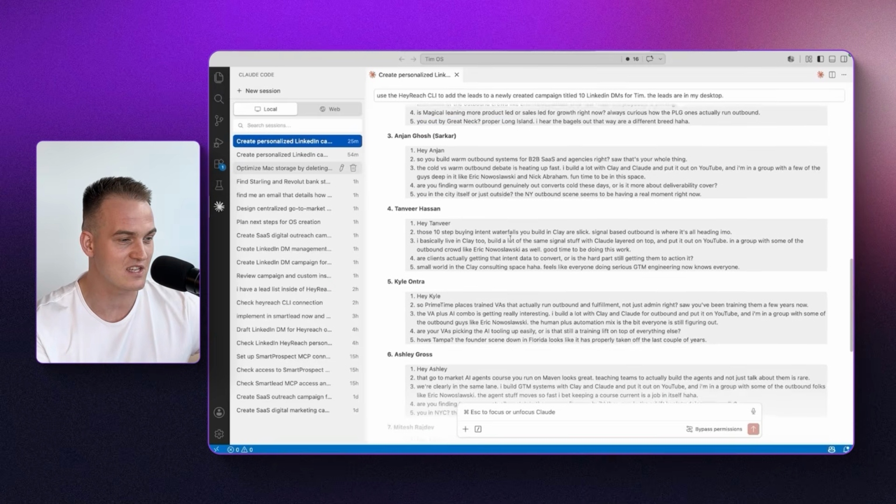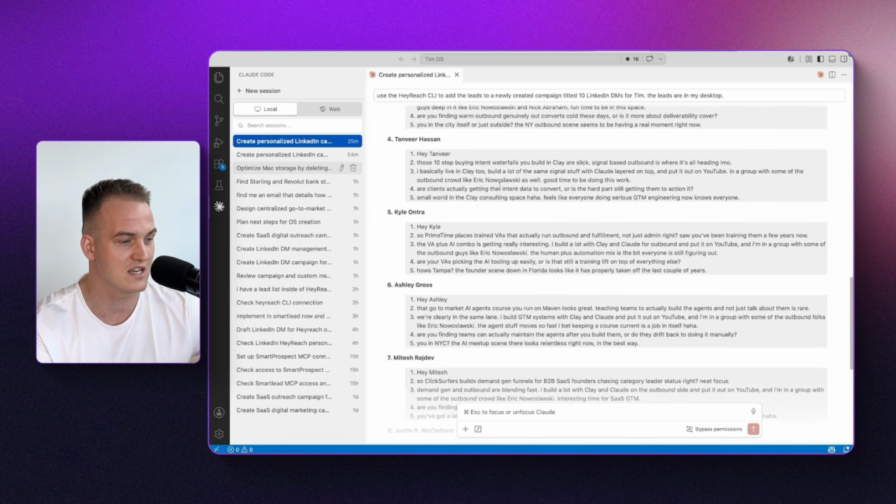In the meantime, you can see the examples for all the other prospects here as well. So all of the copy, in my opinion, is pretty sharp. And bearing in mind that I can also go through the QA process of quality assurance, I can rewrite it in Claude Code in real time. I can teach it that. I can that way train Claude Code to make the copy even better. And at a scale of sending over 50, over 100 messages a day, I back myself to get positive replies